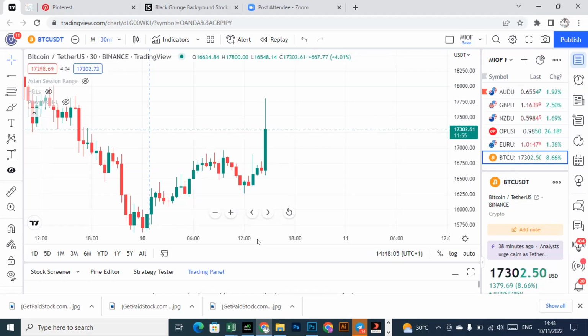But again, I must put a caveat here. We don't make people feel like you can come and become a millionaire in this market. If you want to use that strategy, you must be willing to sit down at your desk for a while, or you must find a way of automating it, that is, for it to give you alerts for you to take your trade.